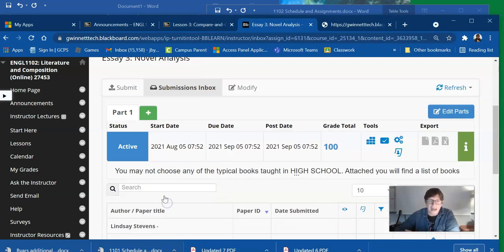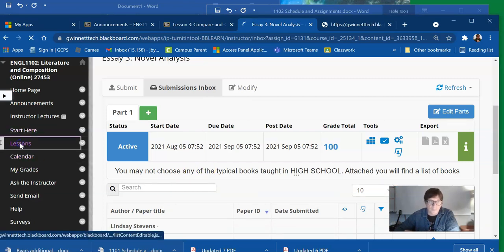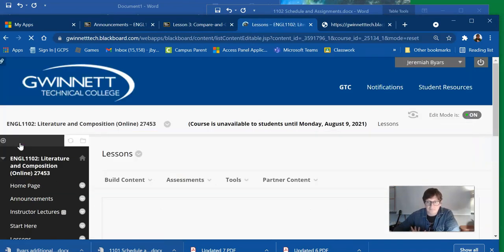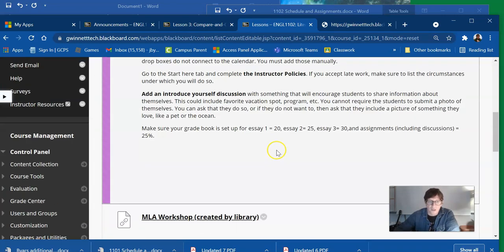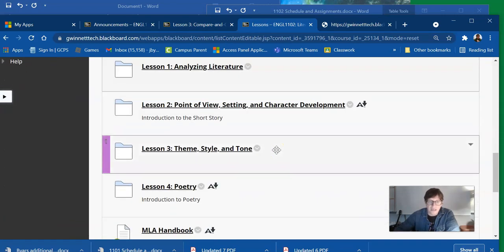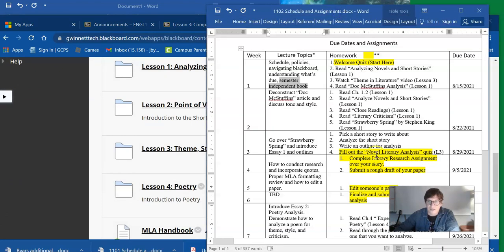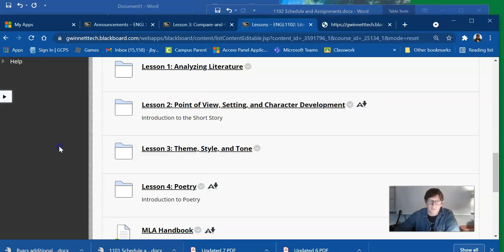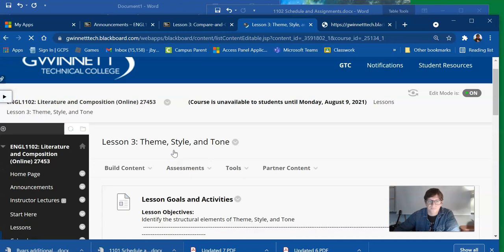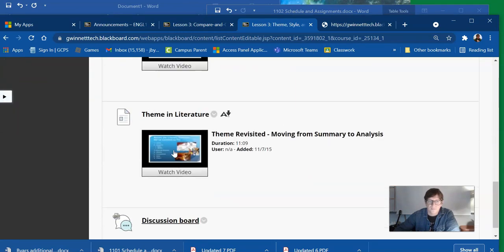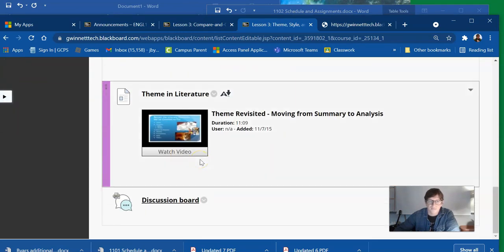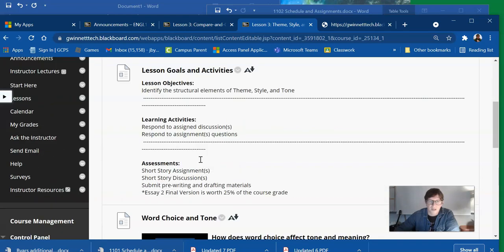Once you figure out the book that you want to read, you can go ahead and fill out the novel literary analysis quiz. It says L3, go to lesson 3, and it's not there.